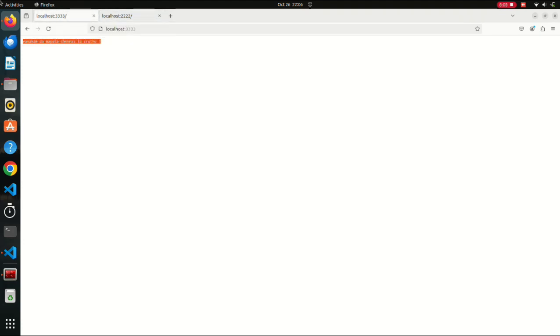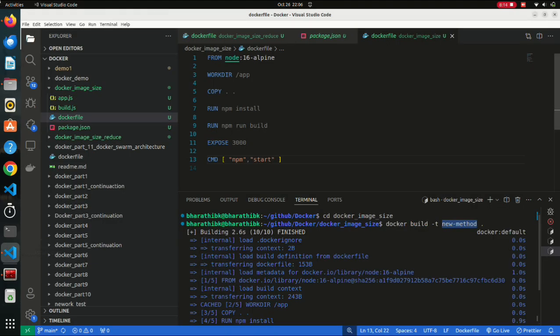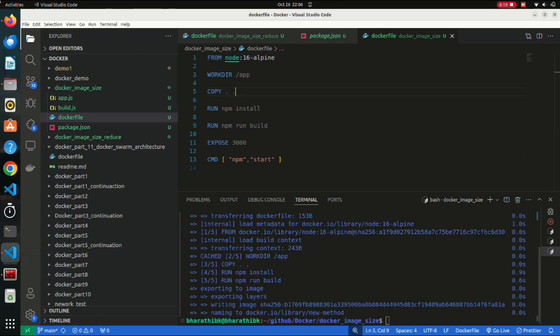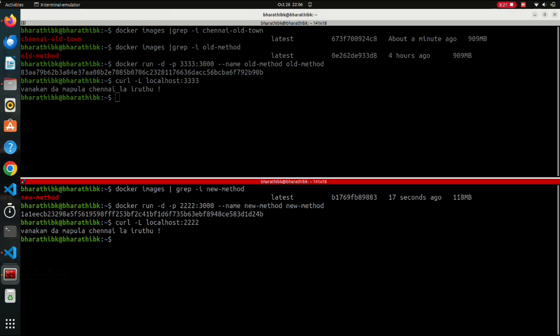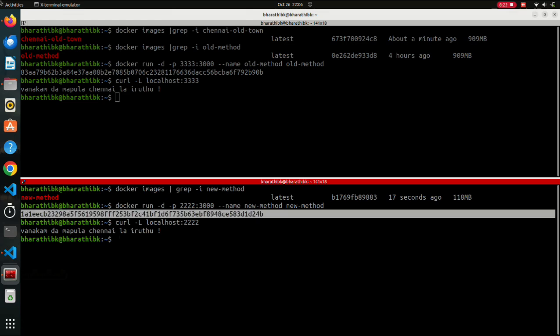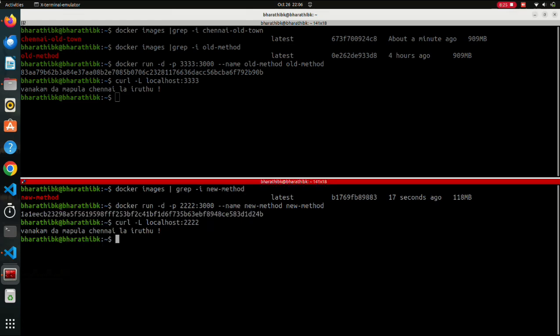This image size is very big. And this image size is very small. So this is the first method. The second method is, let me log into this container. For that, we need to use docker exec -it, paste this,